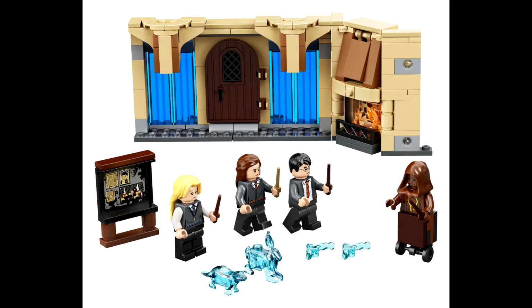So when I heard that we were getting a Room of Requirement set, I wasn't too happy about it because I thought it was just going to be a little diorama, maybe with some builds of some training exercises, nothing much. But then, when these pictures finally got revealed, I realized this is an actual expansion to the Hogwarts castle. And I am so happy that we're getting it